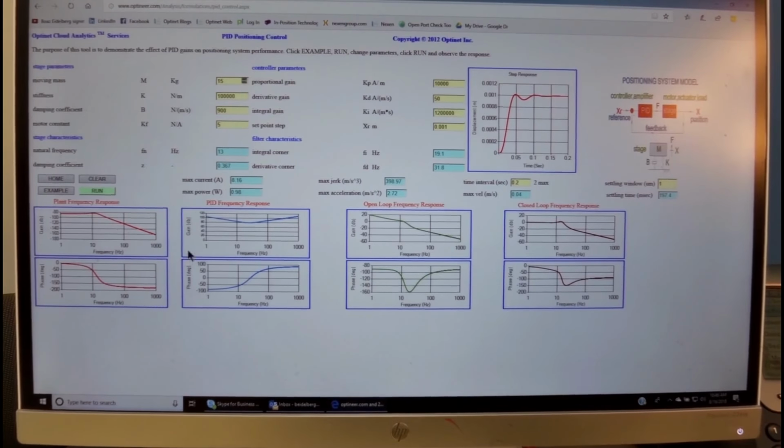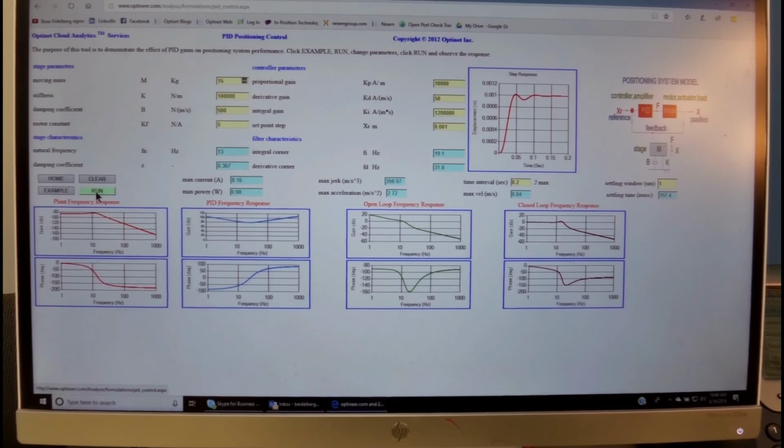To work the system, we could see, for example, that when we decrease the damping over here from 900 to 500, we will expect this amplitude to increase.